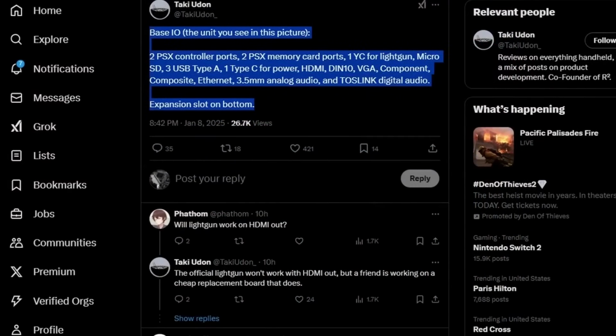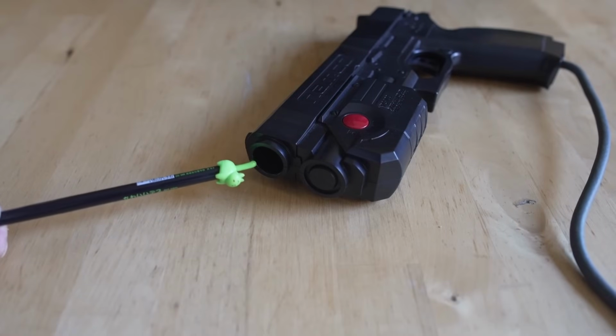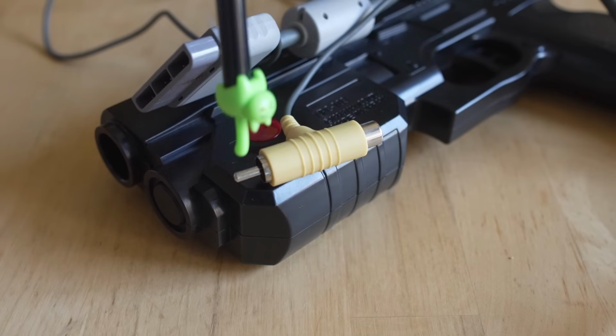And again, you have so many different protocols here for controls, including the 1YC connector for light guns, because don't forget, light gun games were huge on PlayStation 1, and we have the ability to play them on CRTs today. So if you want to use something like GunCon 1 or GunCon 2, based for PlayStation 1 and PlayStation 2, you're going to be able to use those on the SuperStation 1 as well, and I know I had a lot of questions about that, because both of these guns, whether they're on the PlayStation 1 or PlayStation 2 version,